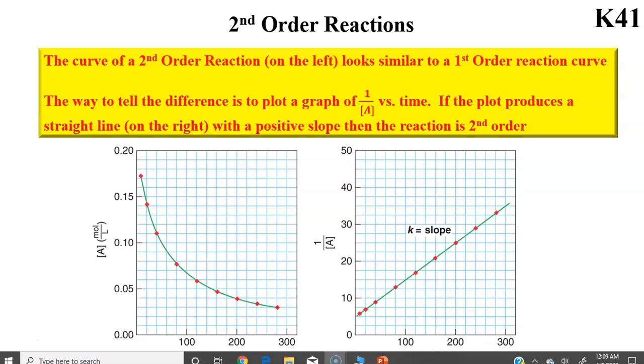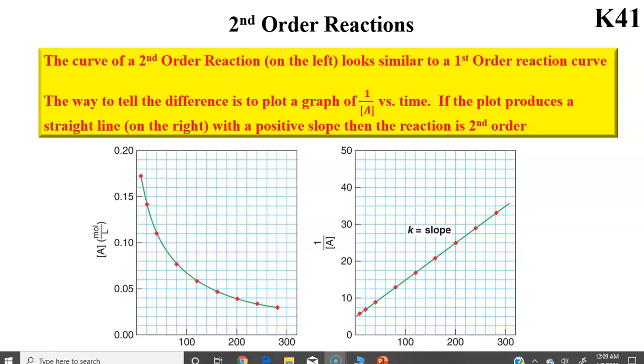So the curve of a second order reaction on the left looks very similar to a first order reaction curve. Hard to tell the difference between the two just looking at them. The way to tell the difference is to plot the graph of 1 over the concentration versus time. And if the plot produces a straight line on the right which has a positive slope, then the reaction is